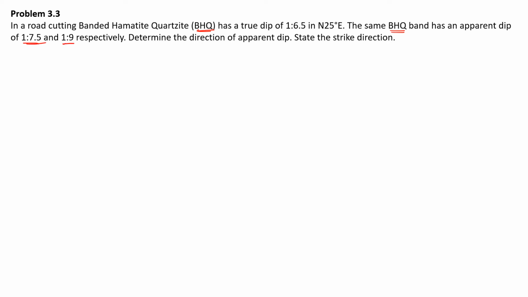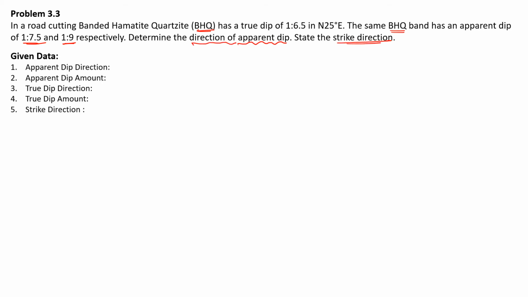So they have given two apparent dips. Earlier they were giving only one apparent dip. Here they have given two apparent dips, and we need to determine the apparent dip directions, and in the same way the strike direction. Okay, let's write down the given data. They have given the true dip direction, that is north